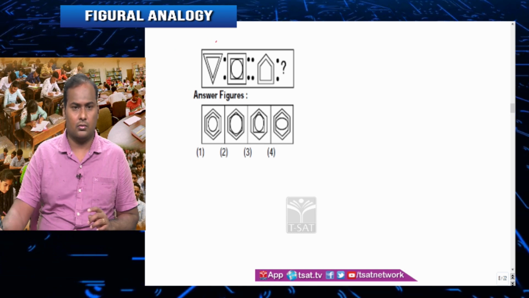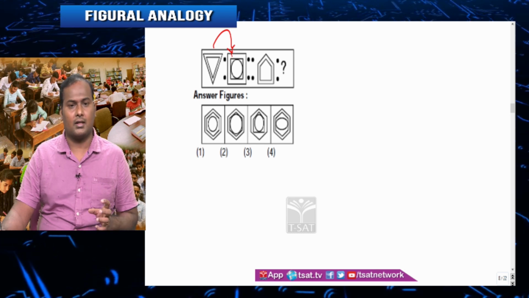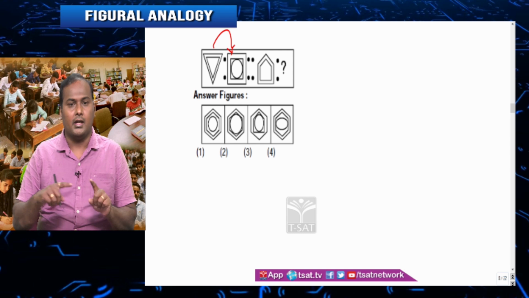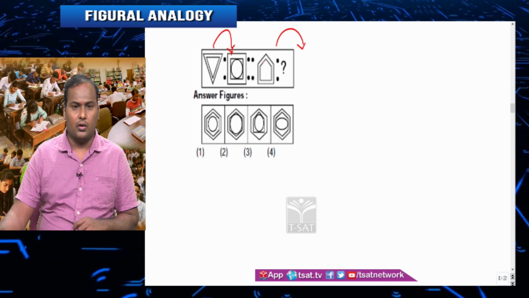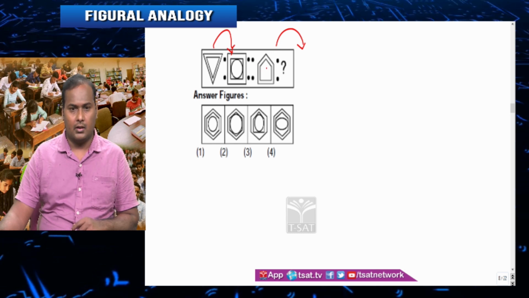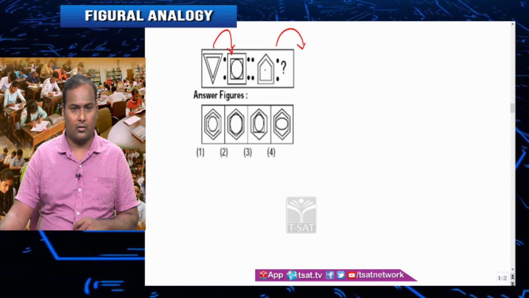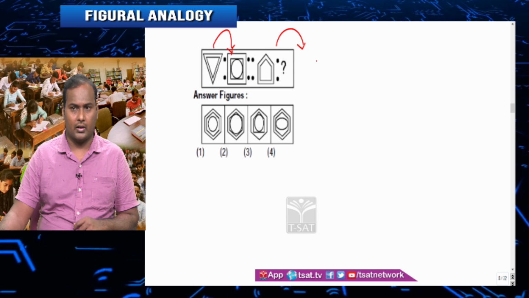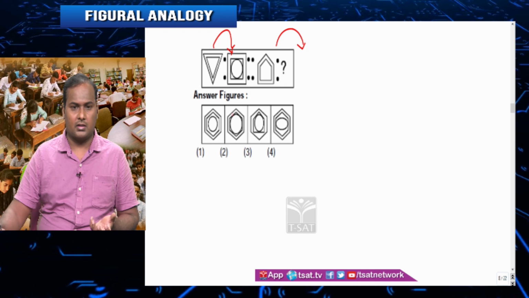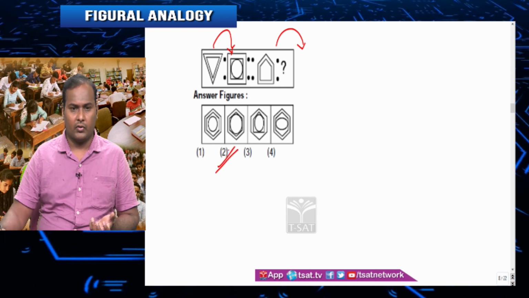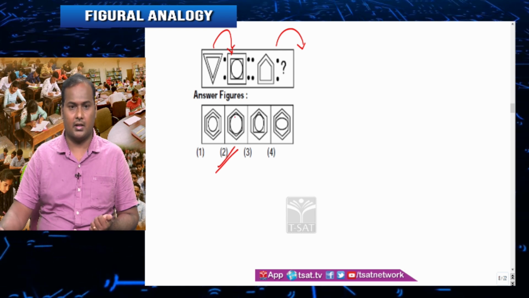So what is the relation between these two? These two: 2 triangles became 2 squares and one extra circle is added inside by touching the interior walls of the square. In the same way, here also you increase one line, meaning here you are having a pentagon. Now you have 2 hexagons because you are having 2 pentagons. These 2 pentagons become 2 hexagons and you add one circle inside it. So the moment you see this, your answer will be option 2. See, option 1 is also very close, but the thing is in option 2 the circle is touching inside the